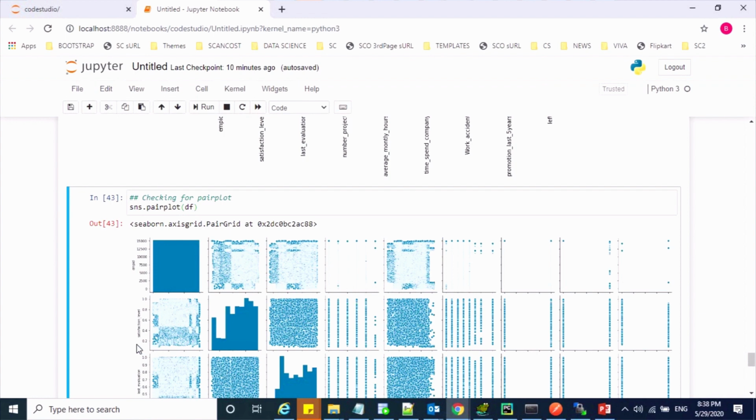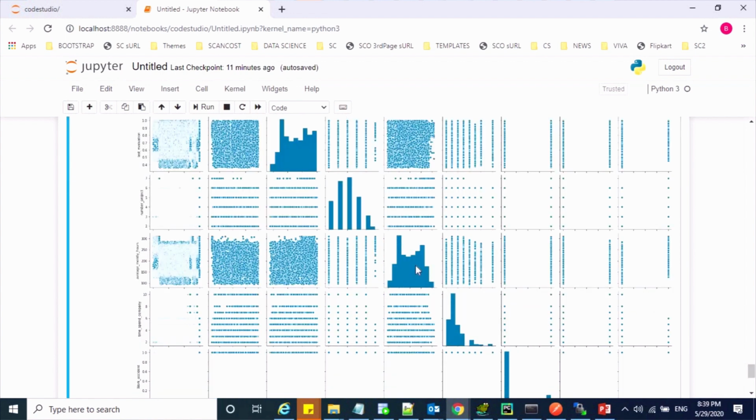I mean, if it is below 0.2, there is a high chance of people leaving, and if the satisfaction level is high, there is a very low chance of people leaving. You can also check the relation between the average monthly hours and left. Those who have high average monthly hours have a high chance of leaving the organization.